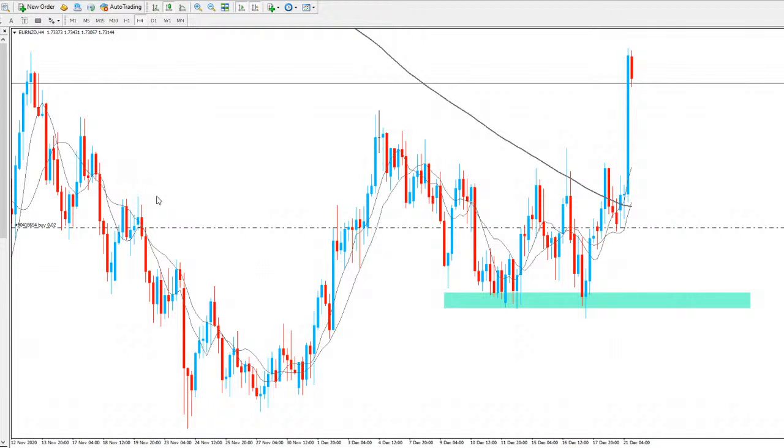As you can see, we did see a nice push to the upside for Euro NZD for this one, creating some new highs. So now I'm going to be expecting some retrace in the market. Already take some profit off after we did this move. So again, we're going to be expecting some retrace in the market, but I still think we can potentially move a little bit higher for Euro NZD.